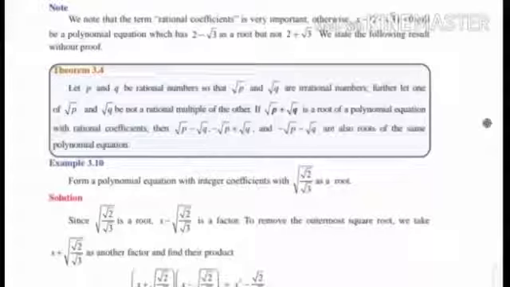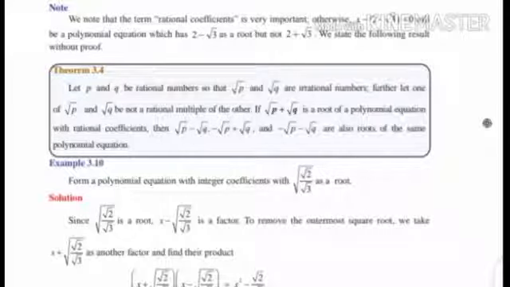In this theorem, I am going to take the second part. If root p plus root q is the root of a polynomial equation with rational coefficients, then the remaining three combinations are also roots of the same polynomial equation. They can give you anything. In this one, they give you root p plus root q. Instead of that, you may have root p minus root q. You just change the signs. That is, we are going to have the 4 combinations here. So this is the idea of the theorem, and based on this, we are going to do exercise 3.2 fourth sum. That is, a degree 4 equation we are going to find using this concept.